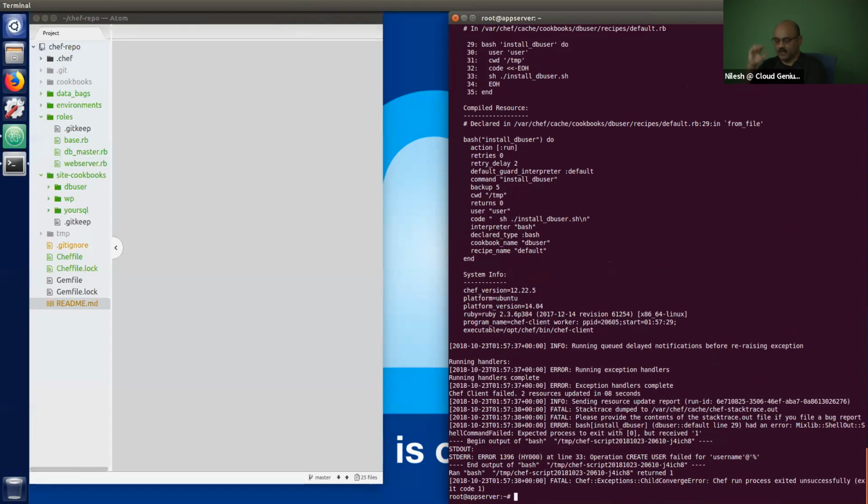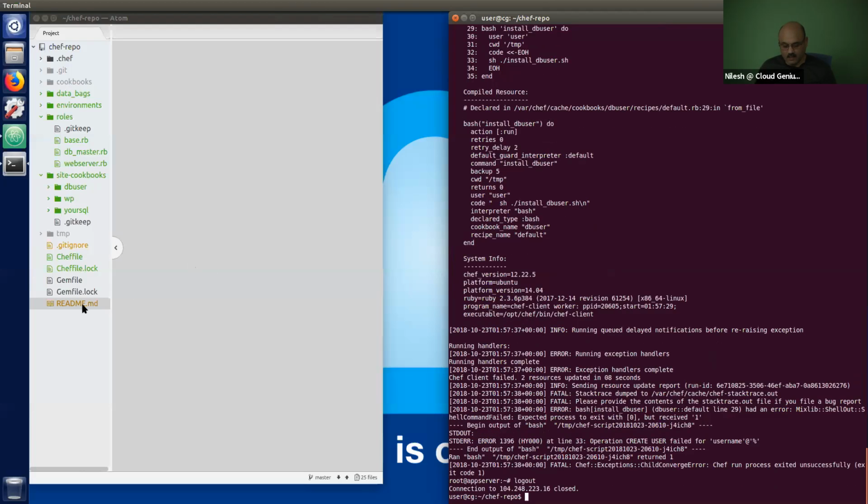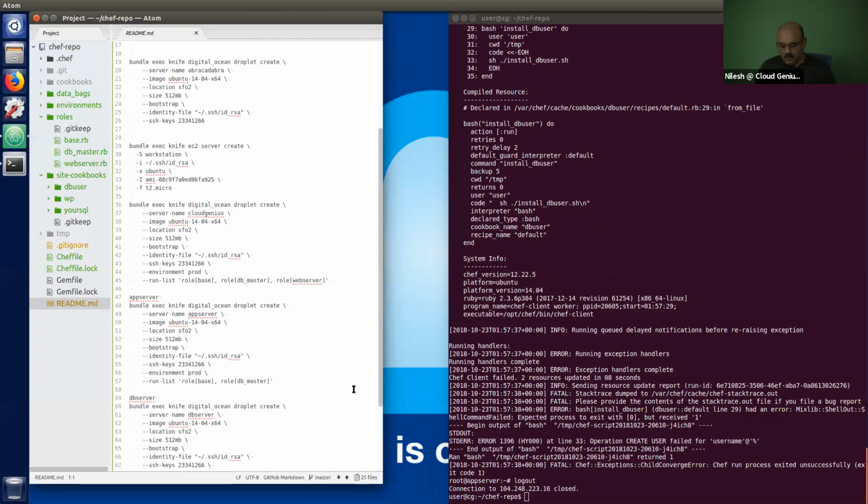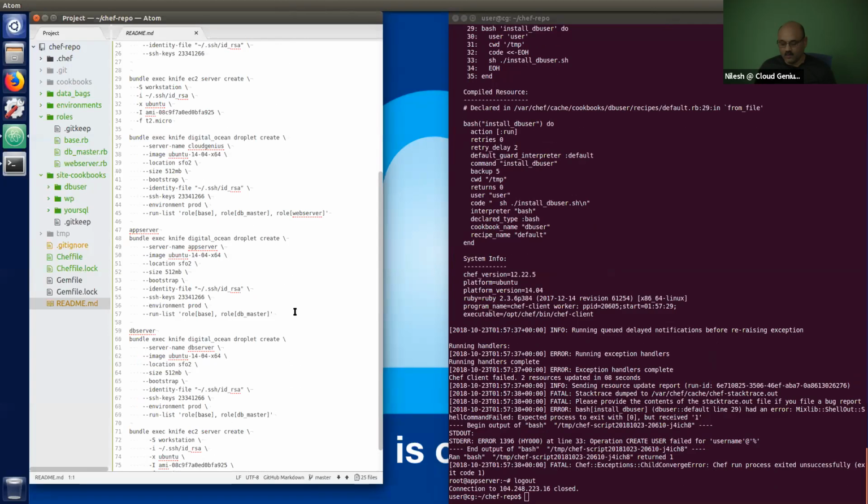It is still doing that. Something is broken. I think the easiest workaround is to just kill the machine and create a new one. So I will do that, and I'll instantiate a new, oh, you know what? There is a mistake right there. I should not have that thing there. It should be